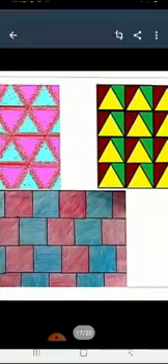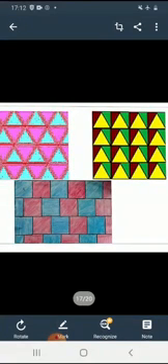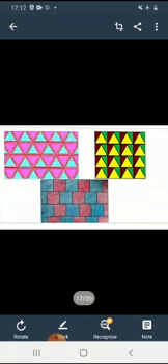Now let us come to the other example here. Now here square arrangements are there. The basic shape here is a square. But here they use two different colors. One is blue, pink, blue, pink. Here it was followed in an order, isn't it? One after the other. So this tiling arrangement we will say has a tessellation.